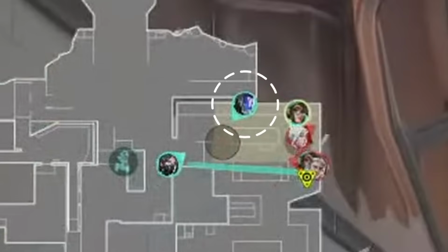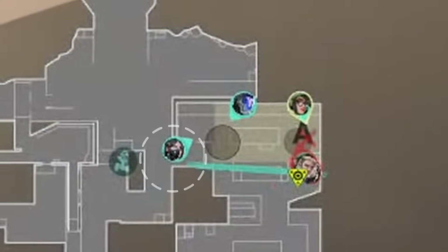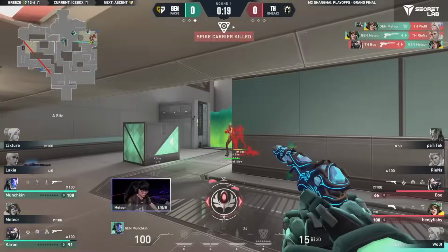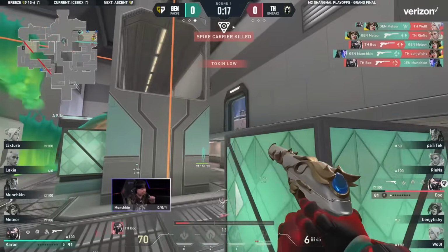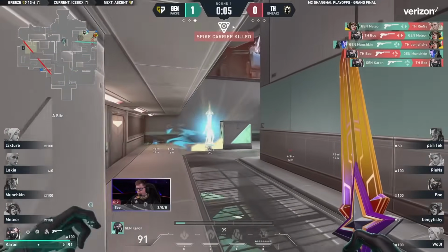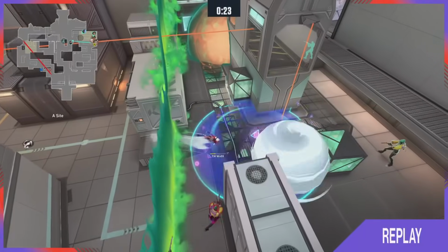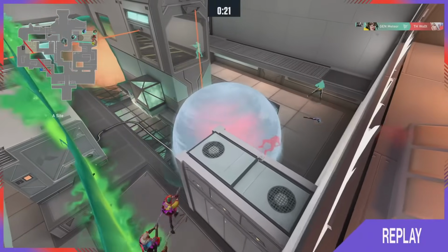Watch this elite coordination where Munchkin holds the smoke towards screens, and this job is smoothly transitioned to Charon as he gets the site, so Munchkin can then go up and pick up Meteor's position. Then after Munchkin dies, Charon is perfectly set up to win the final 1v1, and another big round is won for Gen.G. Heretics were never able to plant the bomb, so they have to full save in the next round,